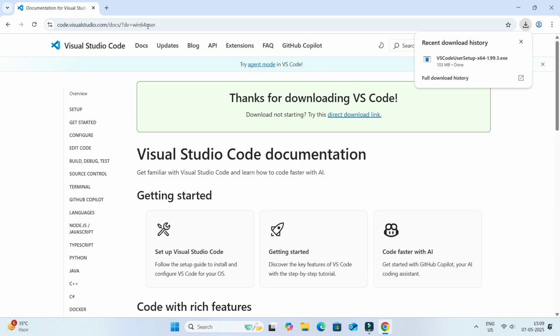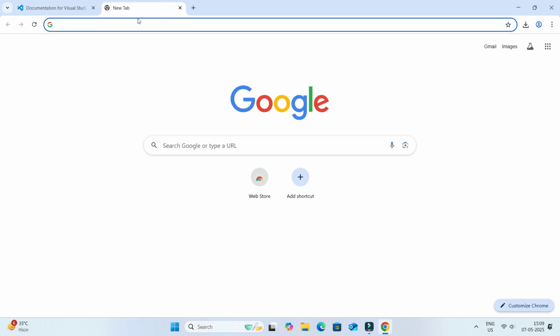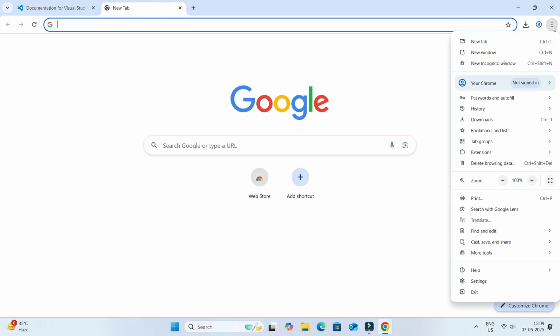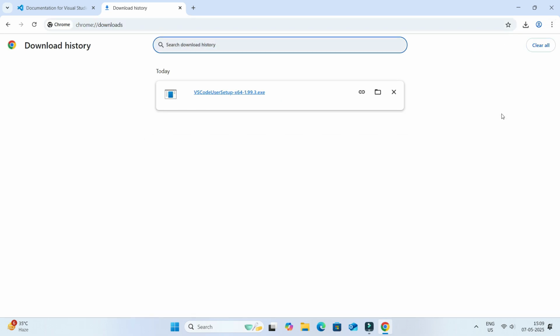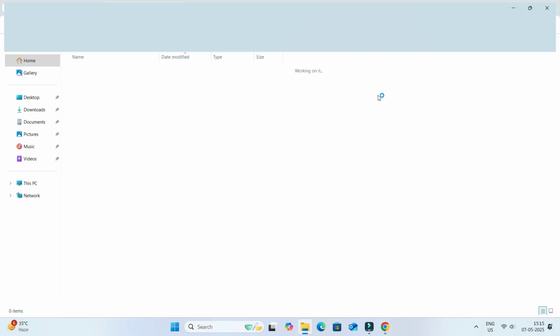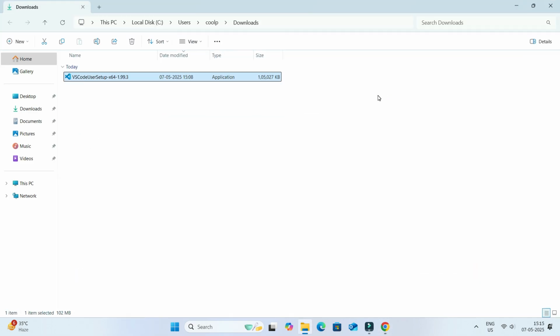Here, guys, what you have to do right now is simply click on this plus icon to create a new tab, and after that click on this triple dot button, and after that click on this download button, and the moment you click on the download button, your download section will be open, and here you can see, guys, in our computer the Visual Studio Code setup file has been downloaded. And right now, guys, what we have to do is simply install this Visual Studio Code setup file. To install it, you have to simply click on this show in folder button, and the moment you click on the show in folder button, your file explorer will open in your computer, and after that you have to simply click on this download button, and the moment you click on the download button, it will show you all of the files you have downloaded in your computer.